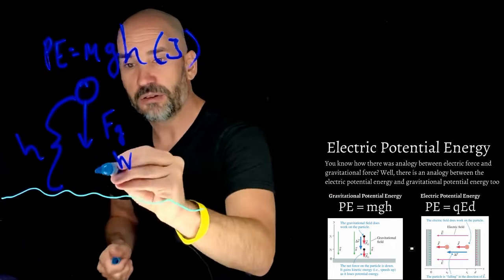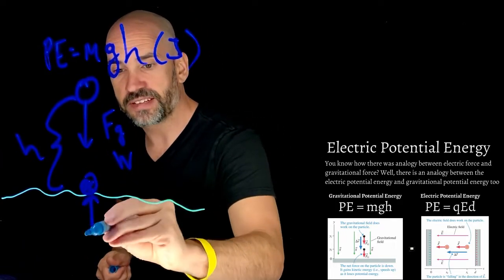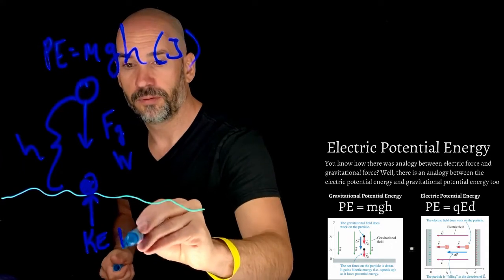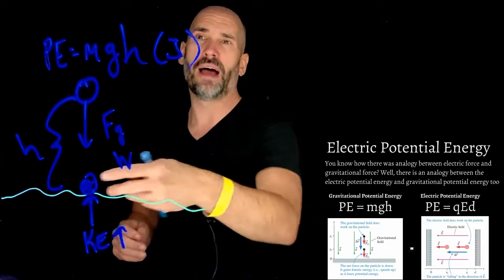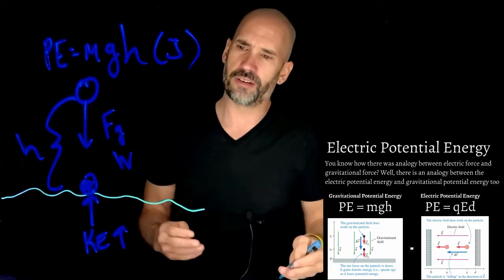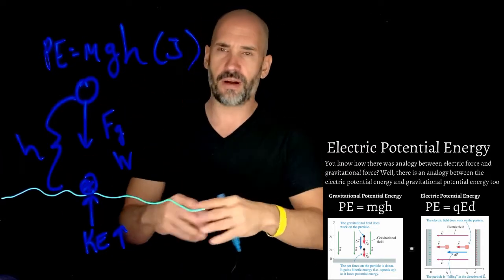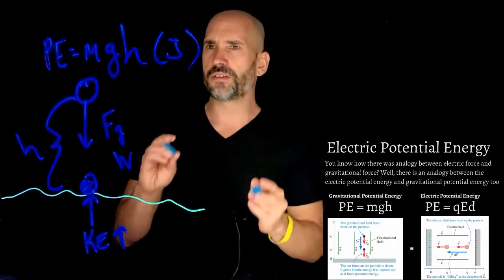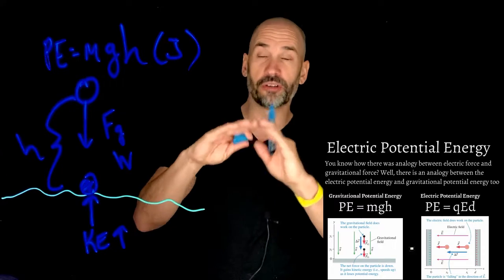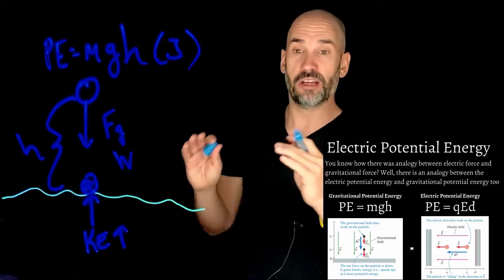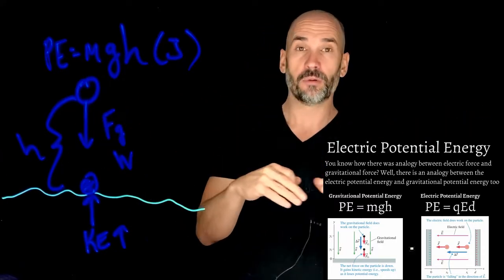And down here, you have all this kinetic energy, and there's this high speed, right? Potential energy goes down, kinetic energy goes up. And that's why, if a ball falls on you, it hurts, right? Or, it can hit the ground and bounce, right? So, again, this is how we're combining the world that we had of last year, this world of energy, with this new world that we're dealing with